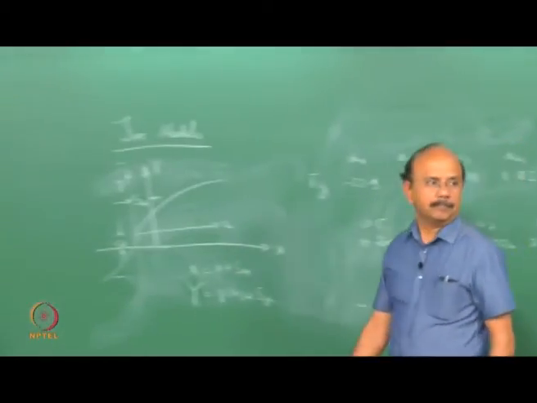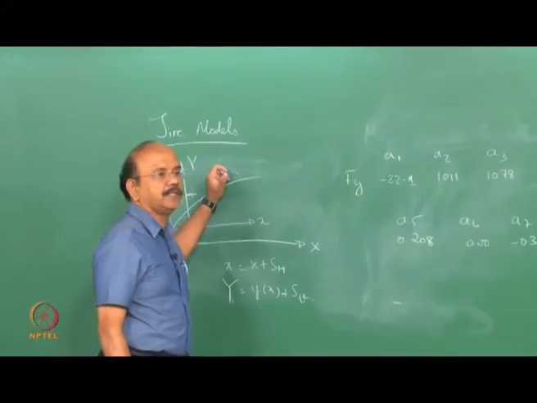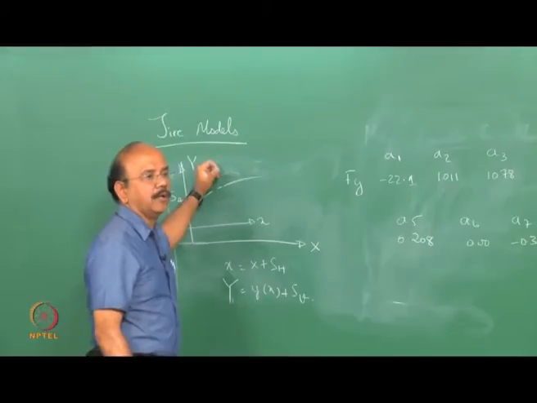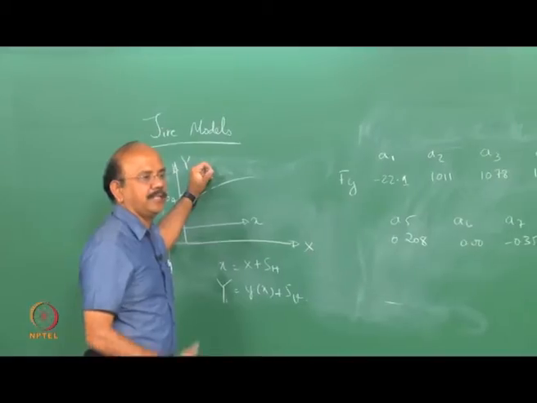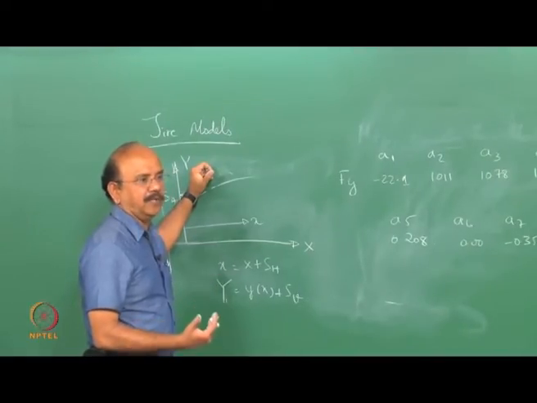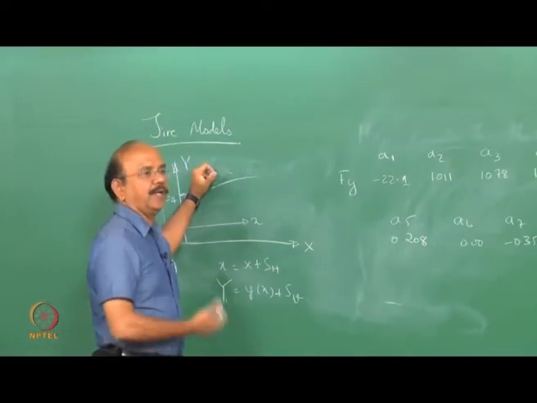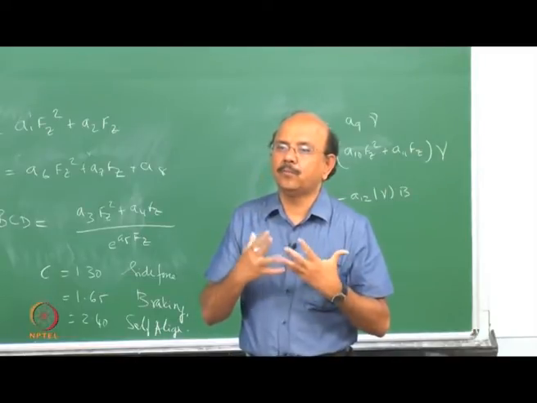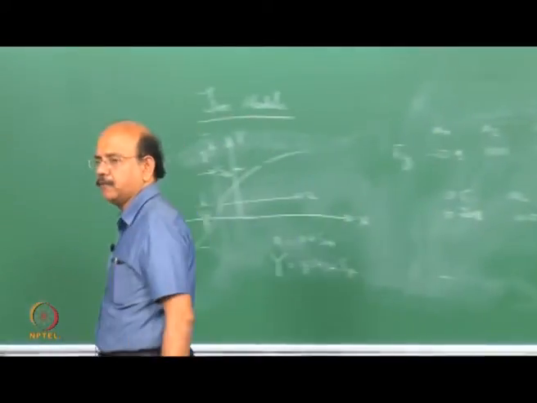Sir, why are you not considering the mu coefficient of friction? Yes, coefficient of friction automatically comes in because I am not interested in mu. That's exactly what I said right in the beginning of the class. If I now replace FX, for example, by a normalized FX by FZ curve, people tend to call this a mu curve. Here I am plotting FX directly. It's also important, that brings out an important topic as to what is the role of friction? How do people determine this curve?